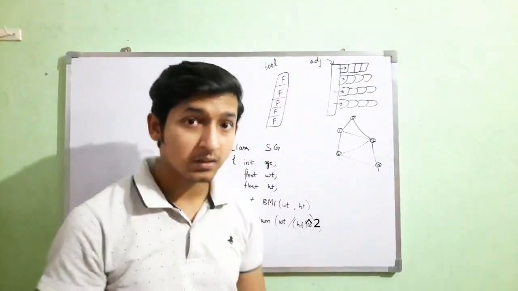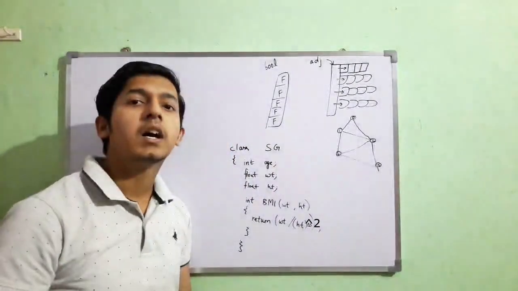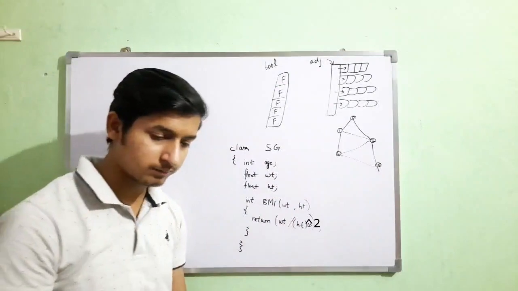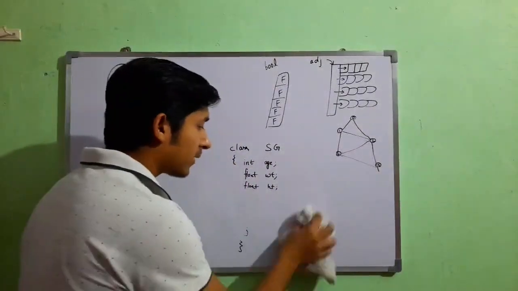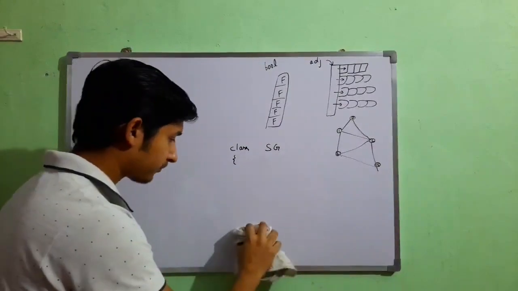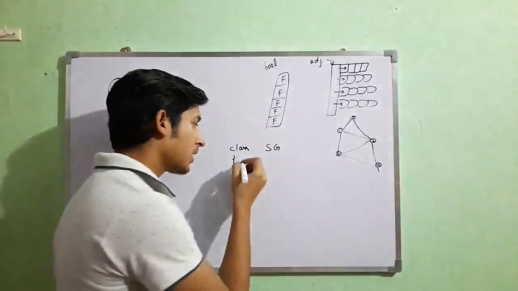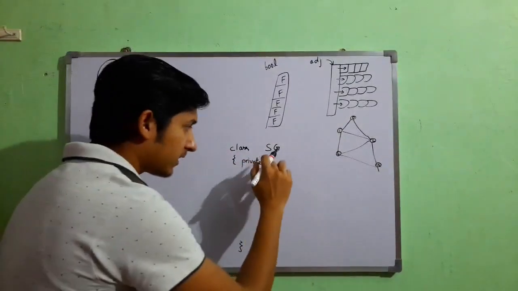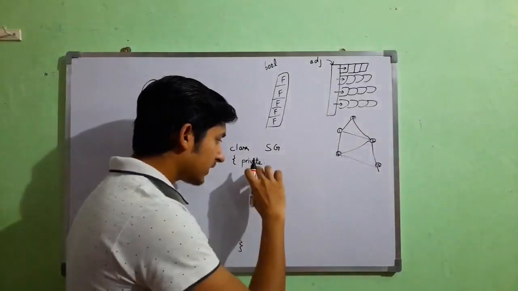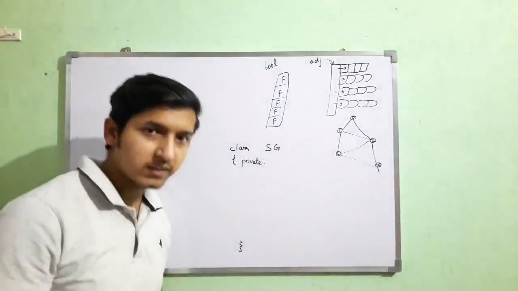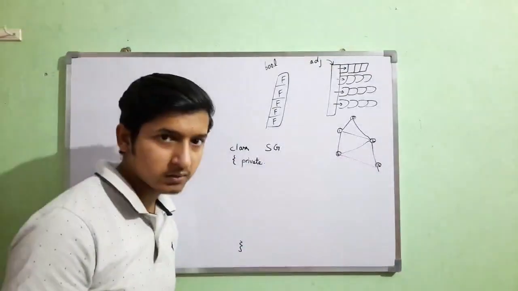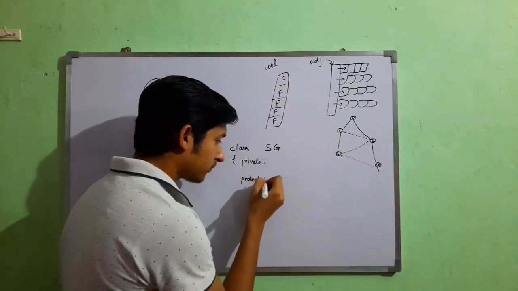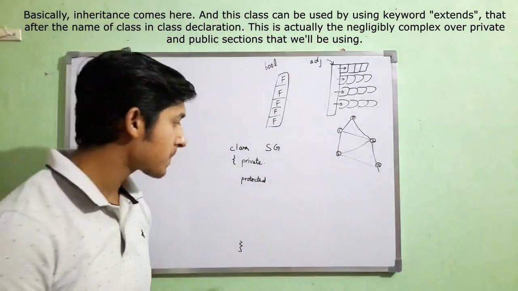One more thing is there. The class should have a constructor that is used to initialize these data elements. One more thing I want to tell you guys. Basically, there are three sections in a class. Private, it's a keyword, and this is colon. So all things declared under this section can be accessed within this class only. Now another is protected. Another keyword.